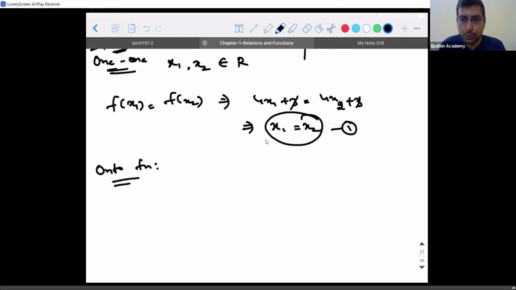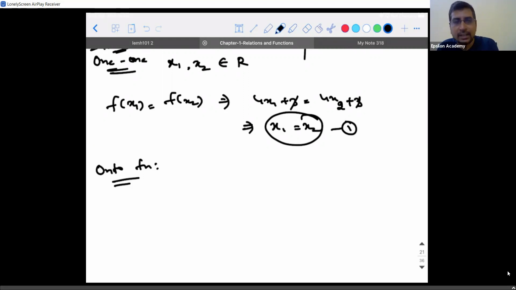One important conclusion from here. Everybody listen to this carefully. The steps followed for proving it's an onto function, the steps followed to find the range, and the steps followed to find the inverse are the same, except that they have different objectives. When I say onto function, I need to write x in terms of y. Then I need to check whether, by substituting all values of y from the codomain, there exists a pre-image. If that exists, then it's an onto function.